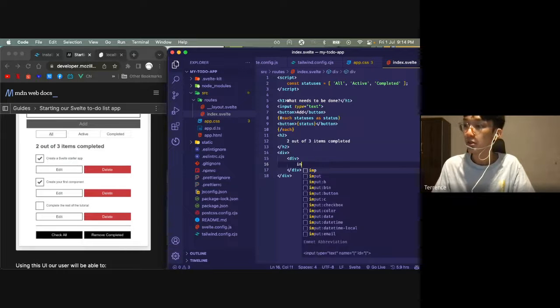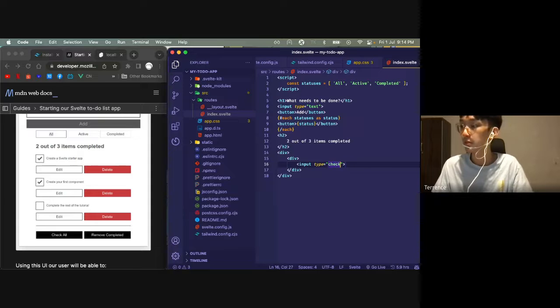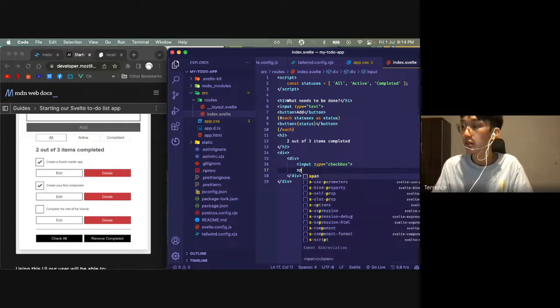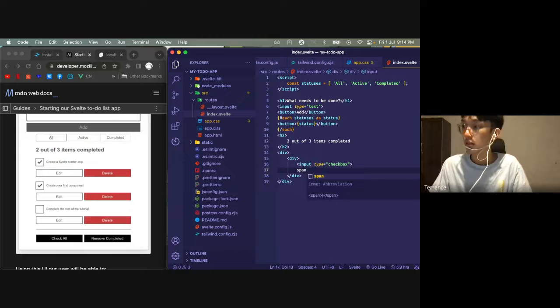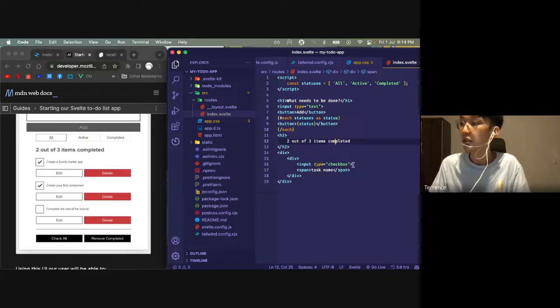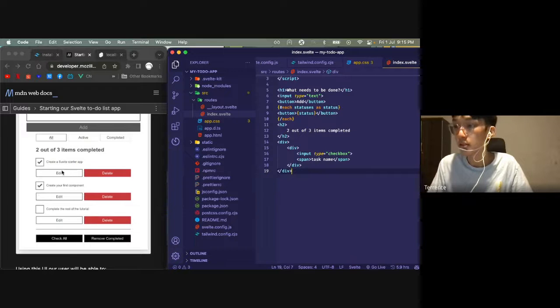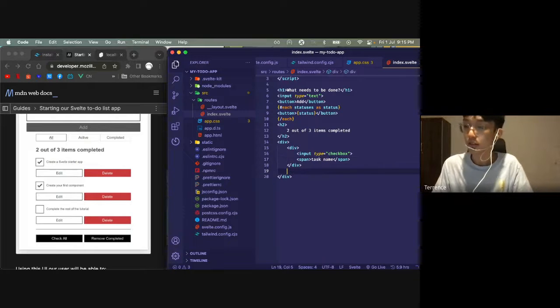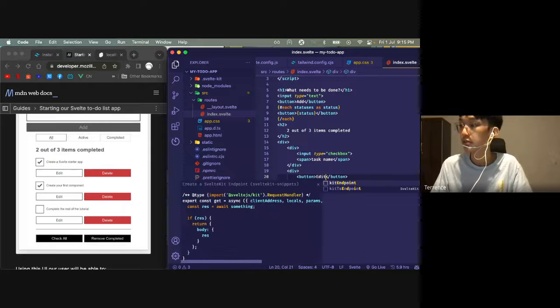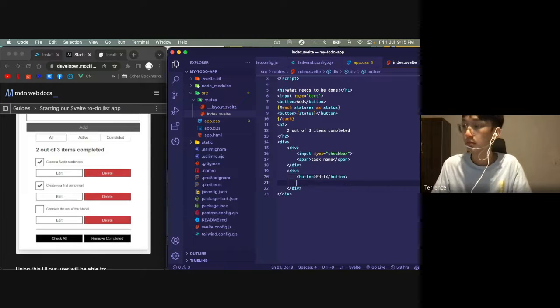There'll be a checkbox, input type checkbox. And then the other one is our task name, right? So we just write task name first here. Okay, so let's see what is left out. The second thing here is edit and delete button. Delete. And then